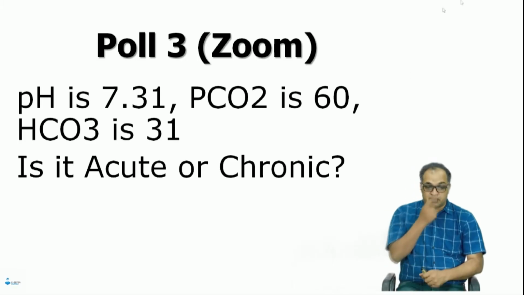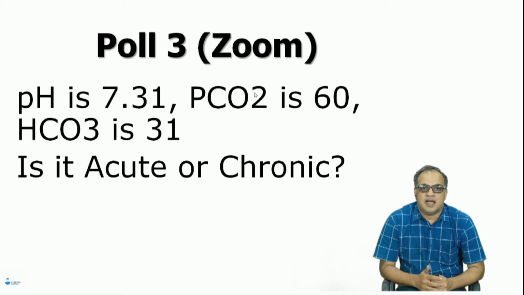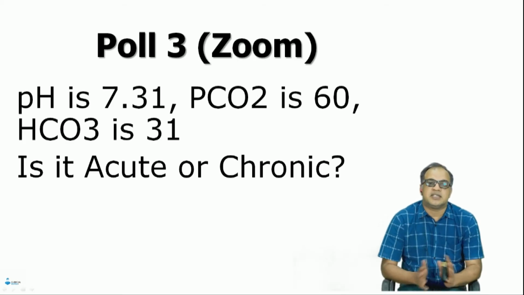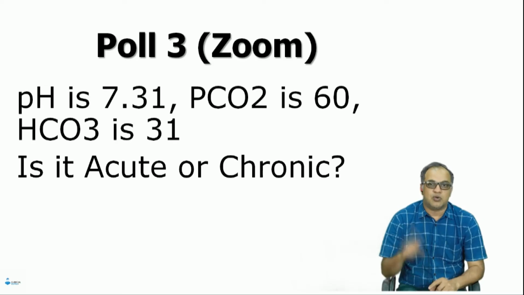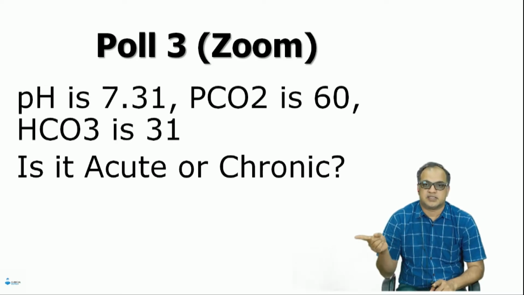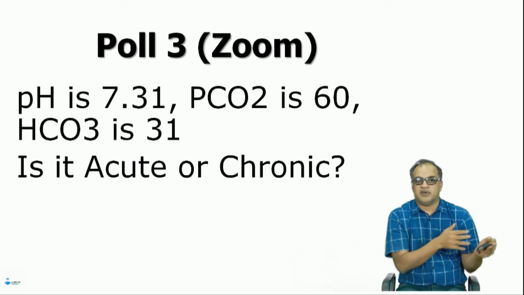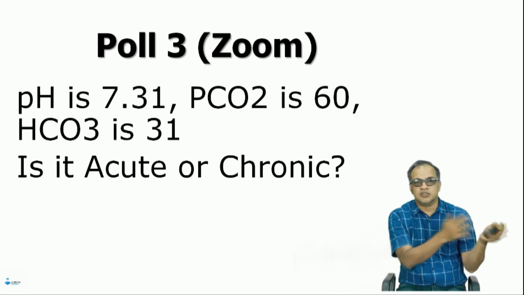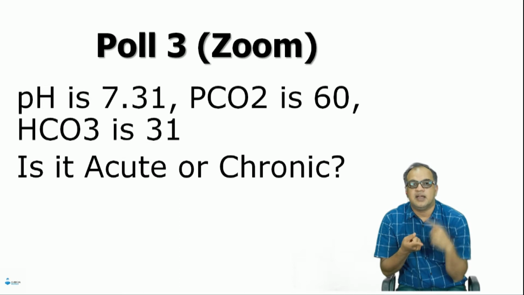Closing it. Now let's analyze this ABG. Is it acidemic or alkalemic? Less than 7.4, acidemia. CO2 is more than 40, towards acidosis. Respiratory acidosis. Bicarbonate is 31, more than 24, alkalotic. So bicarbonate is towards alkalosis. Primary disorder is respiratory acidosis.